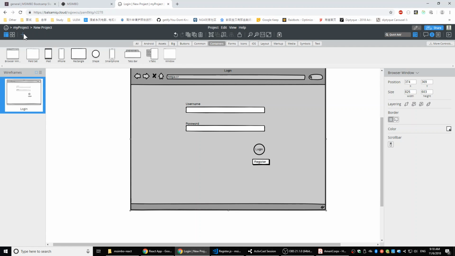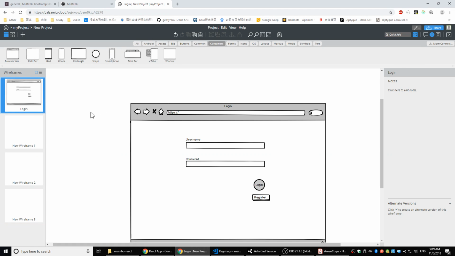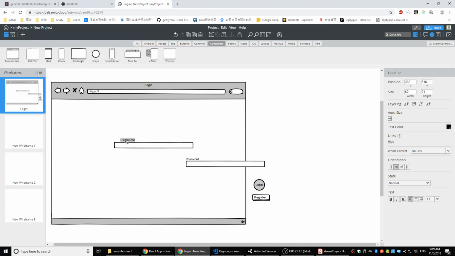A login page, I can add more pages, like my register, and one more page for my home page, one page for my search page, or something like that. Right? Think about the topic and the different pages of the project. Right? And if you like, you can also, after you've done